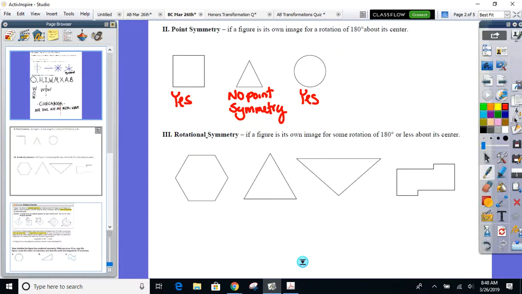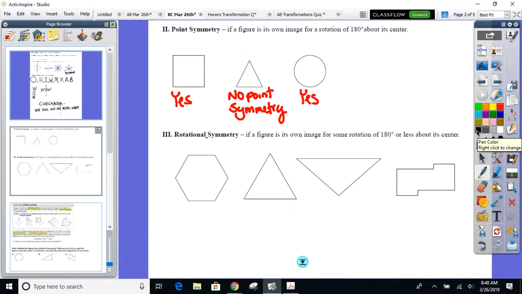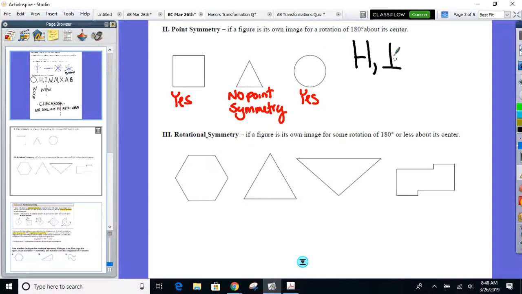So I know you picked this concept up. Let's go back to the alphabet. I get it, O has point symmetry. We got that covered. So what are other letters in the alphabet that would have point symmetry? Capital H, capital I. Now we can introduce the S,